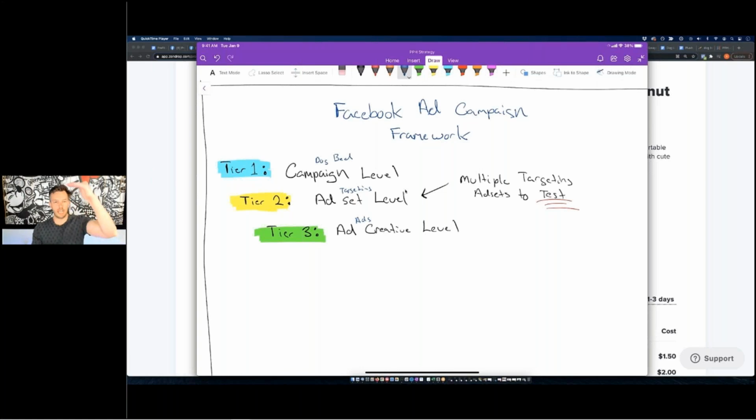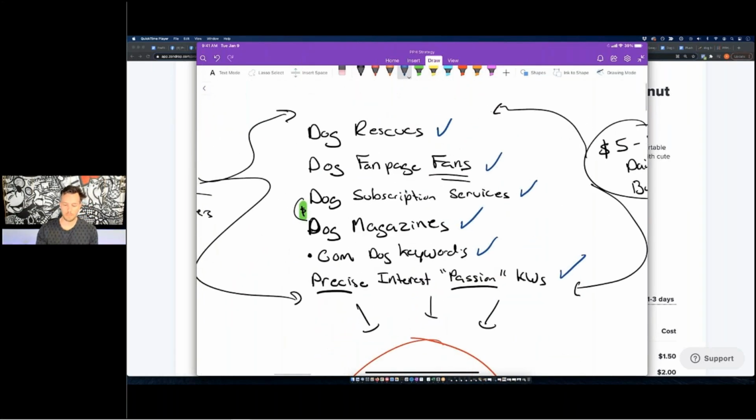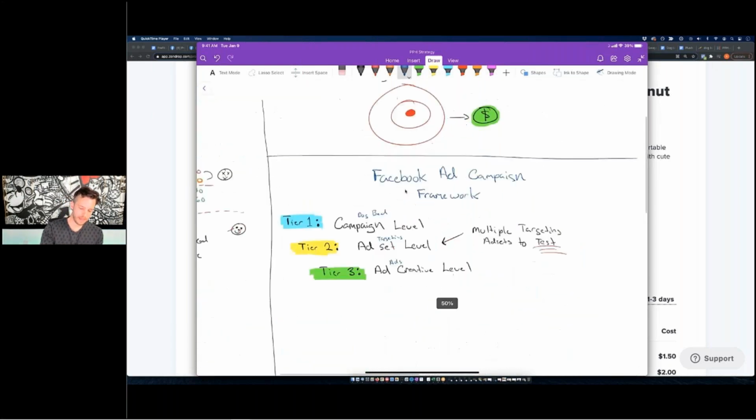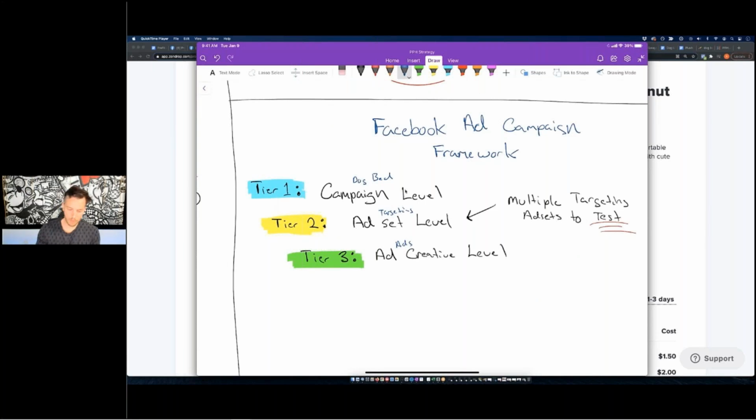That's how it works. Campaign is our dog bed product. Ad sets are going to be the different types of targeting that we're split testing, and the ad creative is just going to be our images and our videos and what we say. But understand, the reason I'm pointing this out is because we have different pieces of targeting: dog rescues, fan pages, subscription service, magazines. So underneath our ad level, what we're going to do